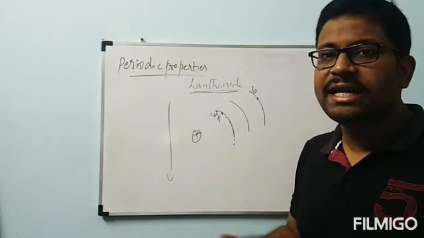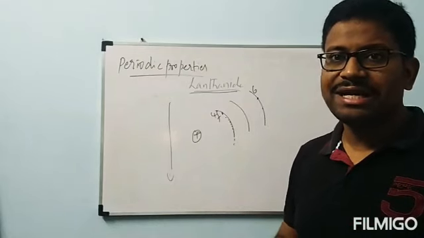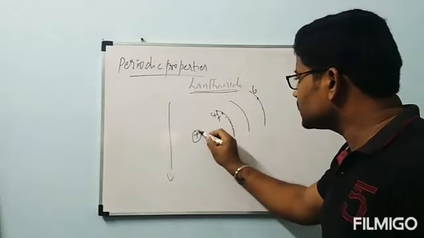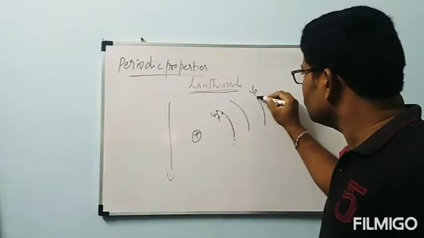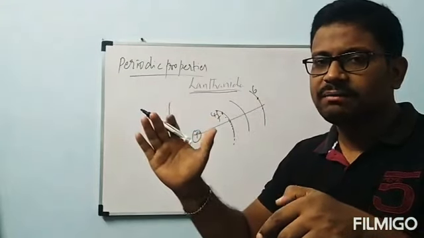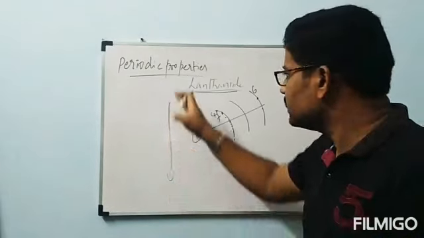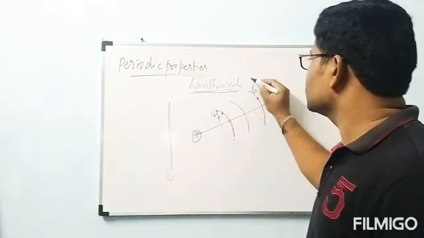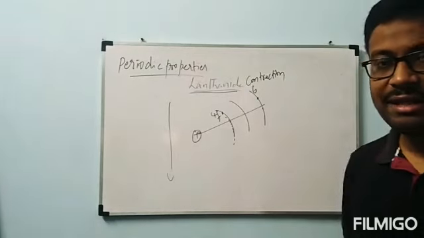They will not apply that much shielding effect. 4f, already we have seen, f cannot create that much shielding effect. Very less shielding effect will be created by the f subshell. Because of that, the nuclear charge is increased. This nucleus will hold the outermost electrons very strongly. Because of that, the outermost shell will be pulled in, means they will come closer. So what happened to size? It decreases in a group in lanthanides. That contraction is called lanthanide contraction.